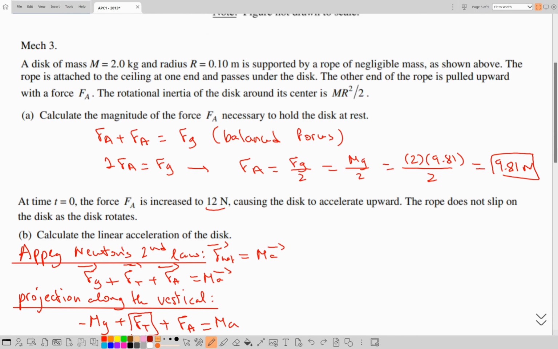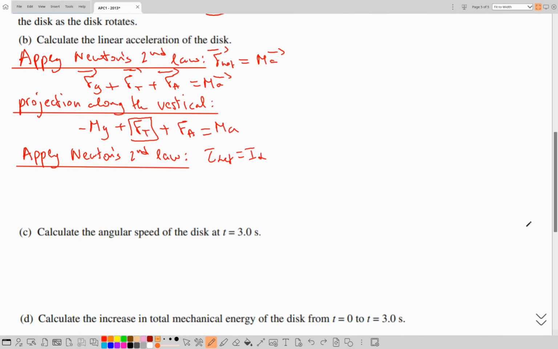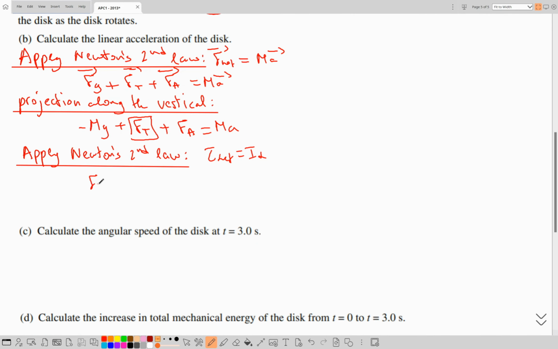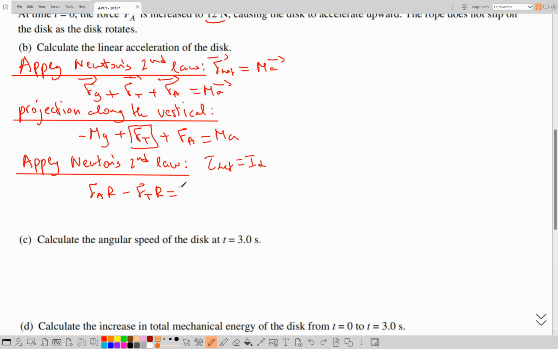What are the two forces that are producing torque? Here notice that we don't have any pivot, and the pull of gravity doesn't produce torque because we're computing torque around the center. So we would have Fa and Ft, and these are applied tangentially, so no need for a cosine or sine. So that would be Fa multiplied by r minus Ft multiplied by r is equal to the rotational inertia, mr squared divided by 2,